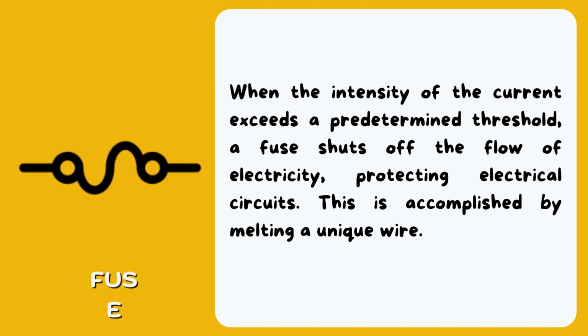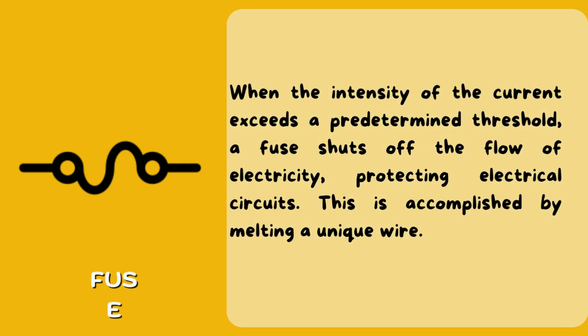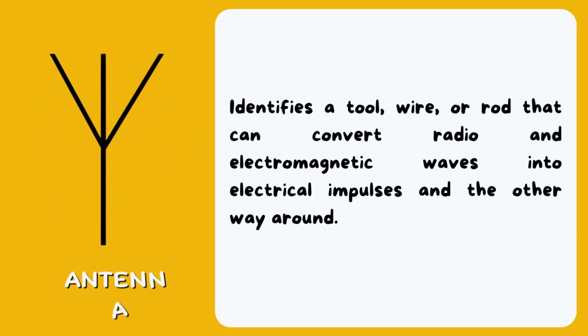Fuse: opens when the intensity of the current exceeds a predetermined threshold. A fuse shuts off the flow of electricity, protecting electrical circuits. This is accomplished by melting a unique wire. Antenna: identifies a tool, wire, or rod that can convert radio and electromagnetic waves into electrical impulses and the other